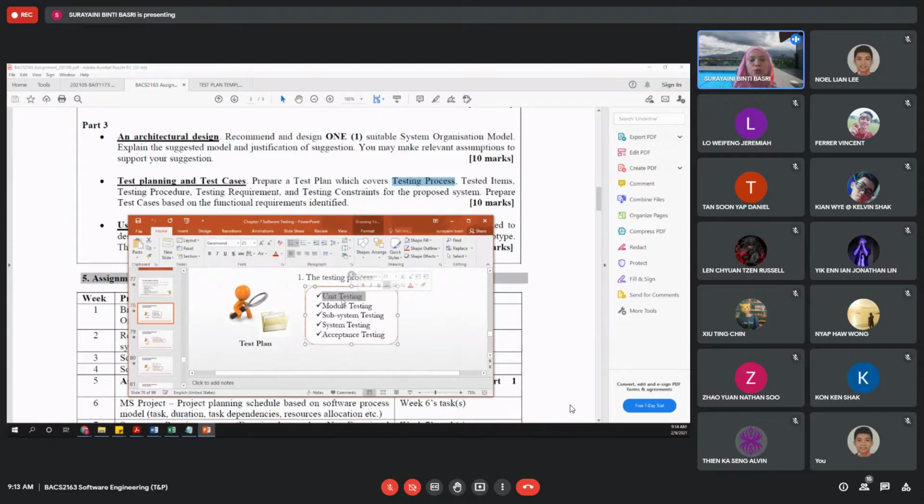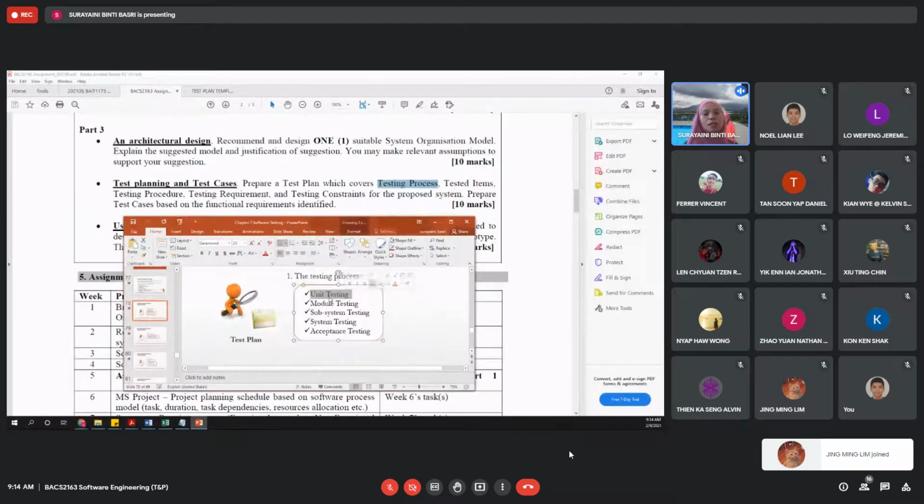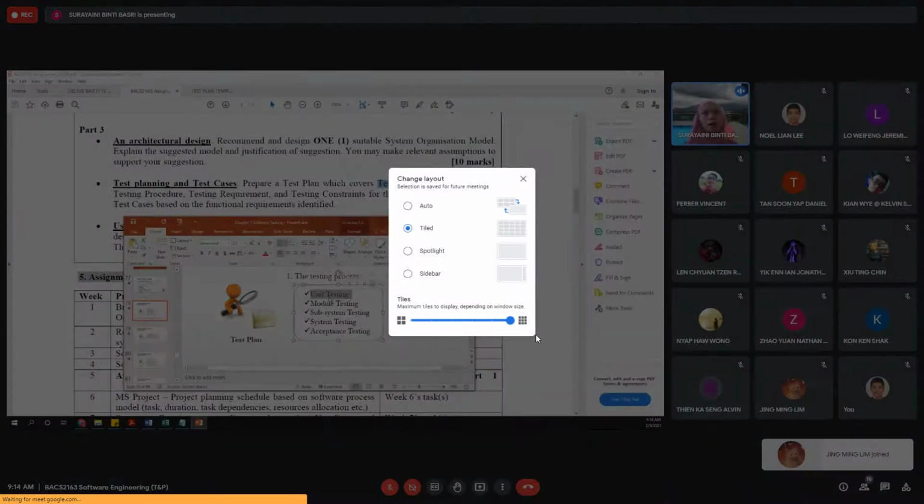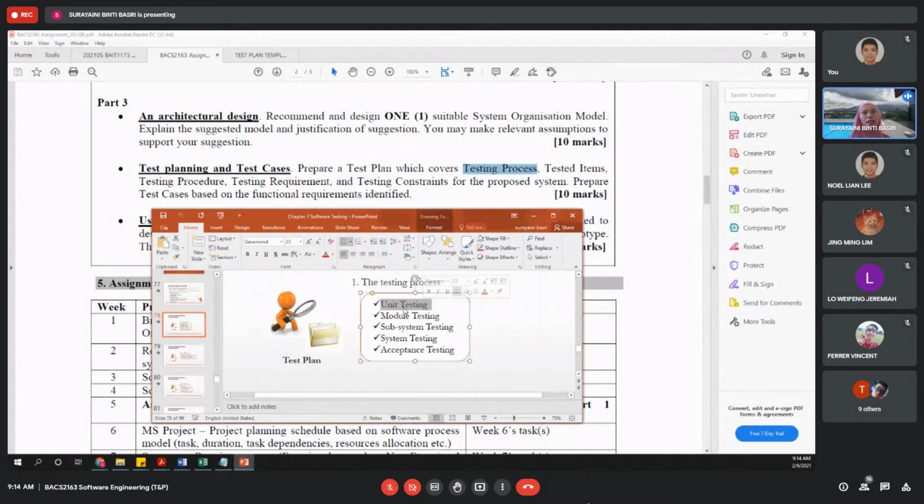Okay, so you explain about that function. For example, that function will receive the input such as the staff ID, the date and time, and the staff thumbprint to the system. Okay, so maybe